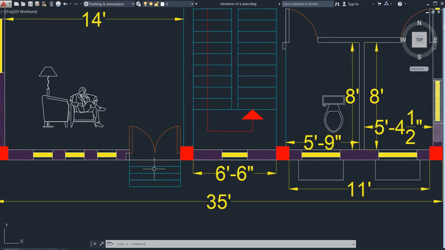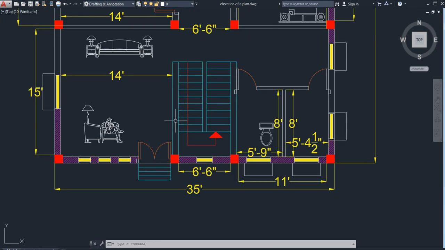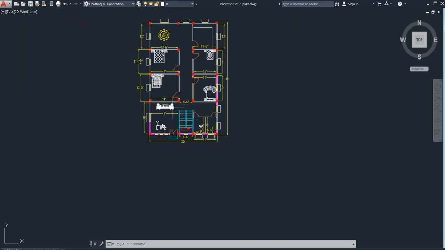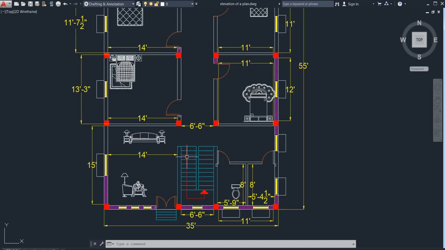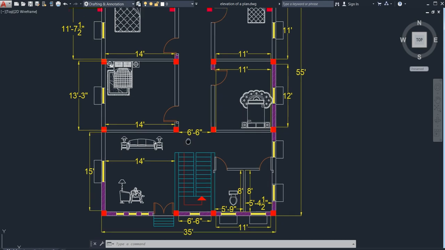If you have 20 treads in this stair, then your riser will be 21. Generally there are 20 risers, so 19 treads. In this plan, this is our hall and this is some space of the stair, and this will also have some gap or space.